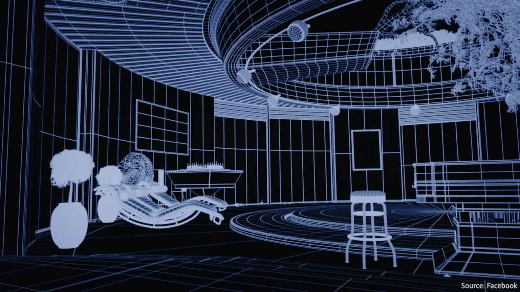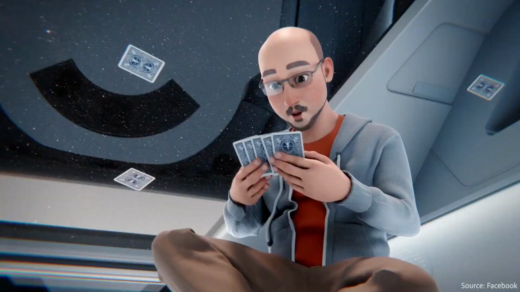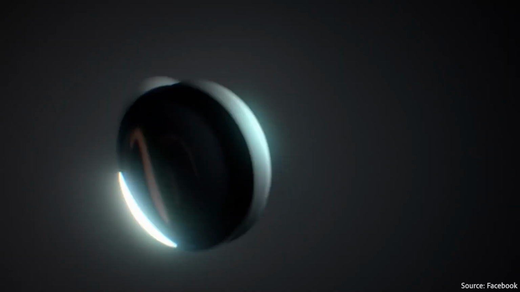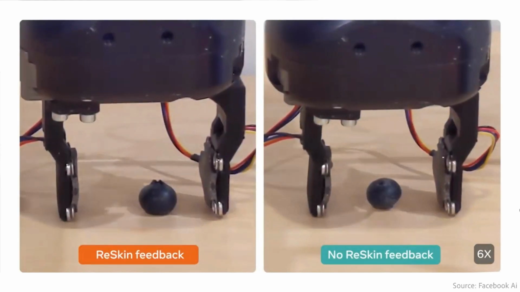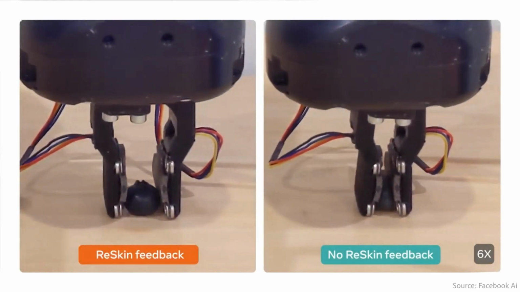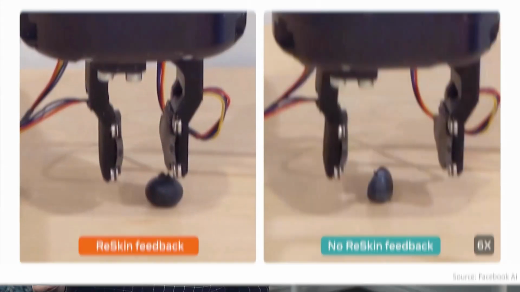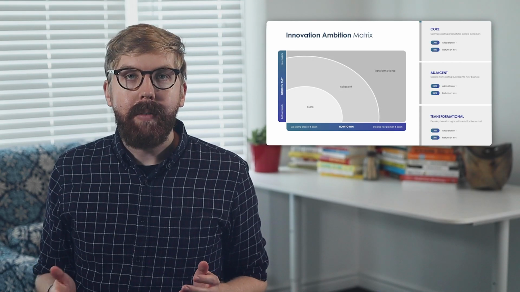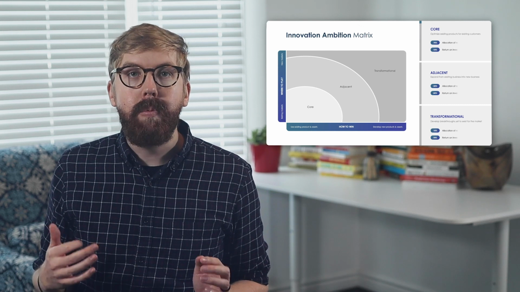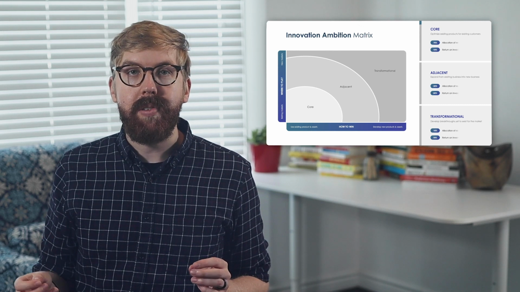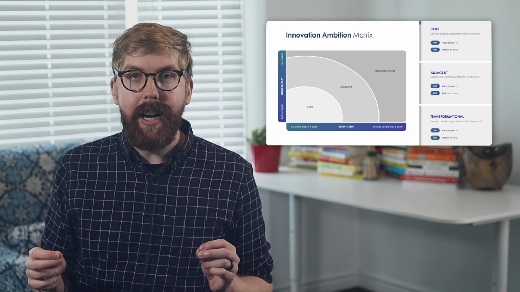CEO Mark Zuckerberg wants to be the first to a new market and tackle it at scale, with the new products they are developing like Project Cambria, set to launch next year, and Reskin, which enables super precise touch movements via a new fabric. Allocation and ROI for transformational changes are both high. Ideally, you want to achieve an allocation of resources with the highest ROI. In some cases, in order to get a high ROI, you need to invest a lot.